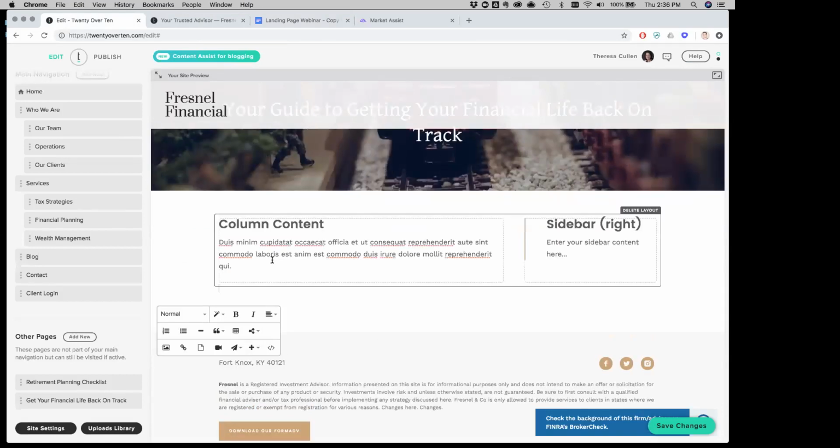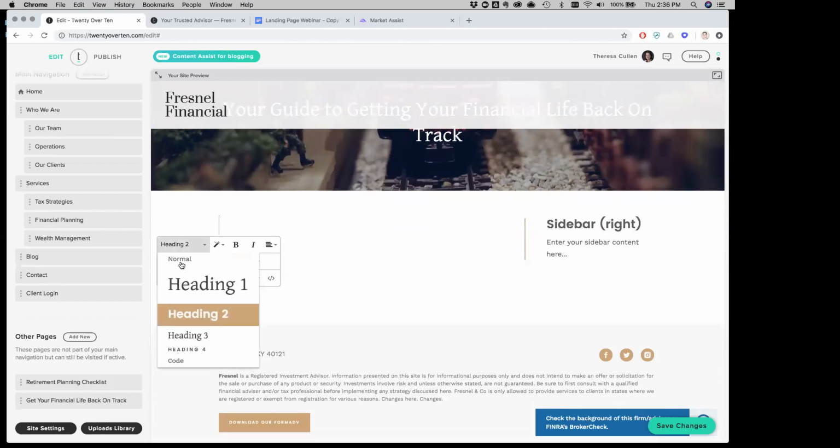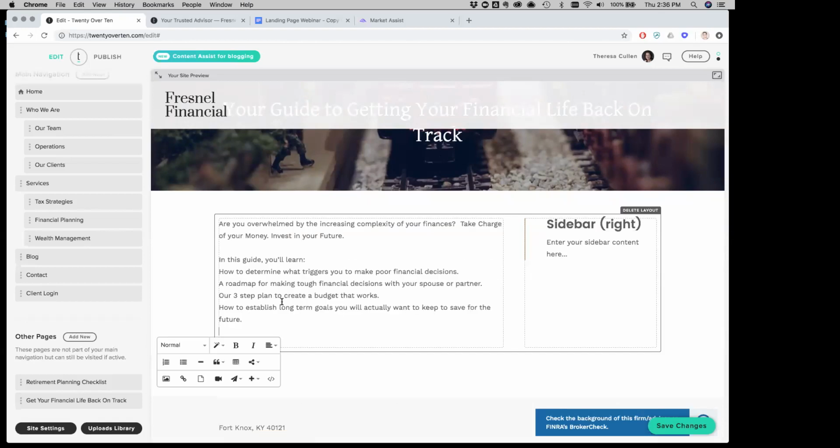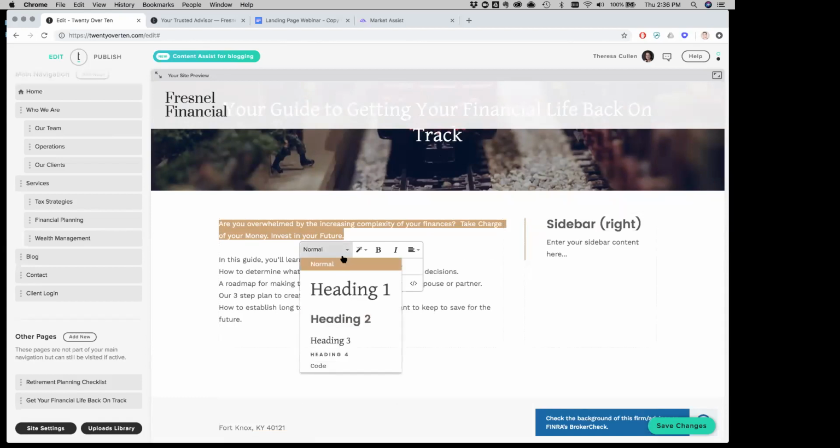So now I have the ability to add content inside of these very, very easily. So I'll go in here. I'm going to just delete this sample content out. I want this to look like paragraph text. I can go into my content, and just so you know, I can make different headlines.